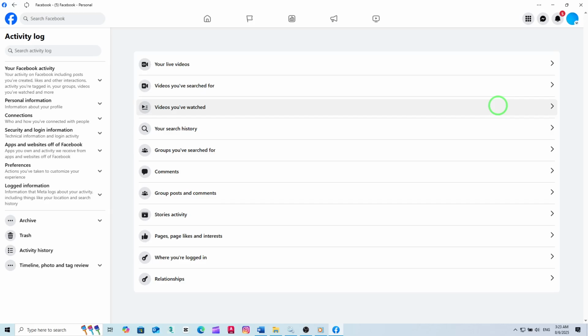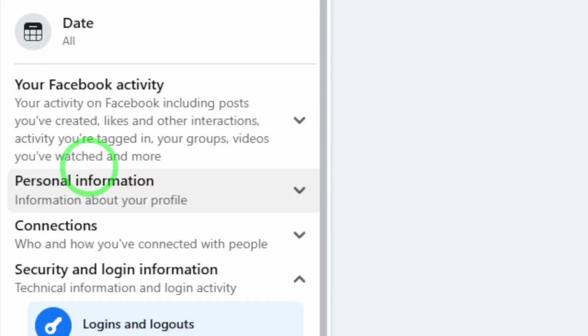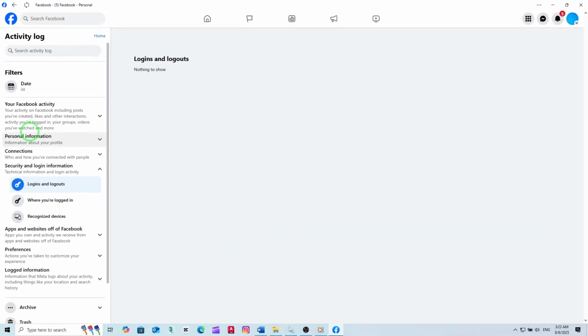Within your activity log, the interface lets you navigate through different types of activities tied to your account. To drill down to your login history, you'll want to find and select Security and Login Information. This section keeps track of when and where you've logged into Facebook. Now you'll see various options related to your security and login activities. Click on Logins and Logouts, and this is where you can view all your recorded login sessions as well as